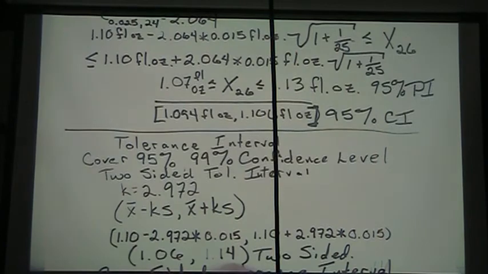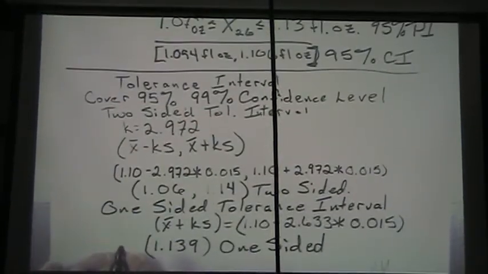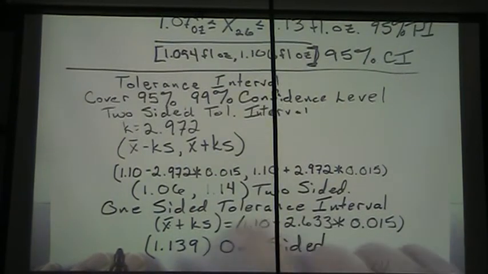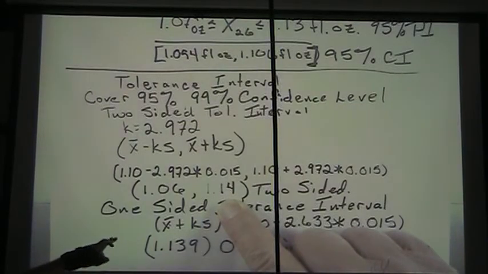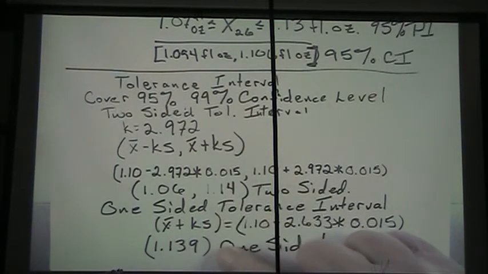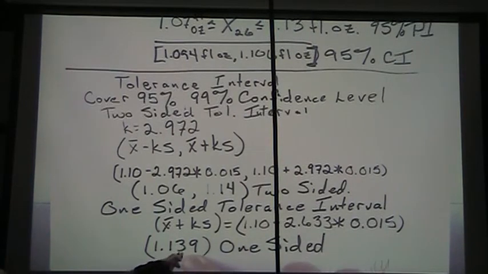Now I put down 1.139 because I wanted to differentiate from here where our upper tolerance interval is 1.14, right? Really, to stay consistent, I should have rounded to 2 decimal places, which would have been 1.14. But just to show them,